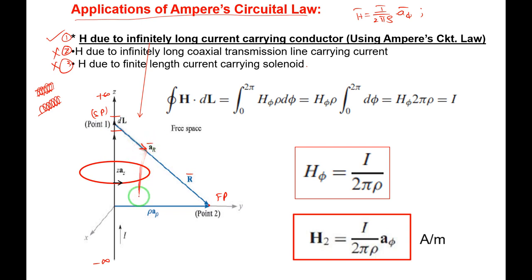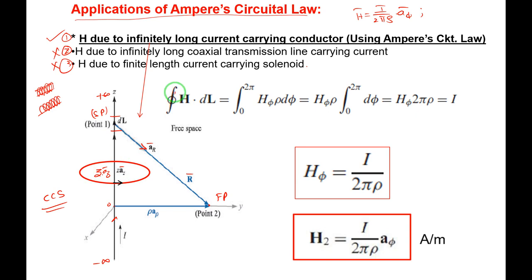From the origin to this field point it is rho. It is in the radial direction because we are considering the cylindrical coordinate system. So this distance is the radial distance rho, rho into a_rho. This differential current element is at a height of z, z into a_z. Current I is flowing in the upward direction, in the a_z direction. What about the direction of rotation of the magnetic flux? It is indicated by this red circular ring here, in this direction. The folded fingers will tell the direction of rotation of the magnetic flux lines.